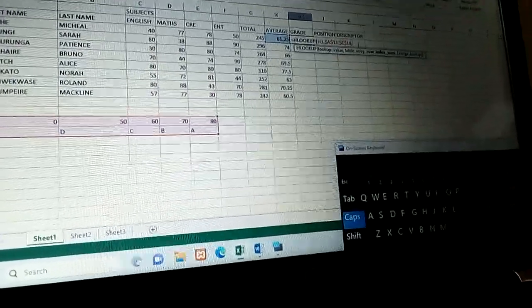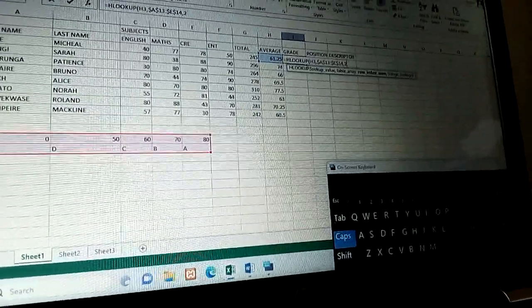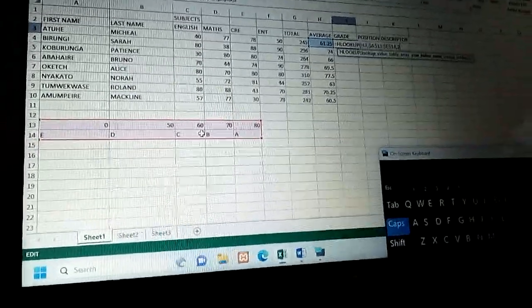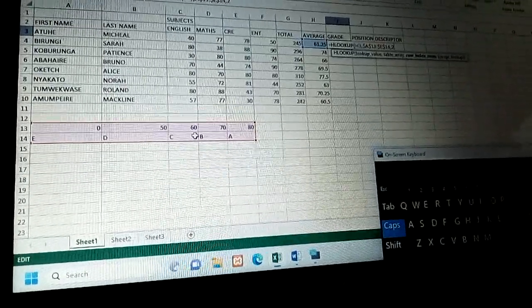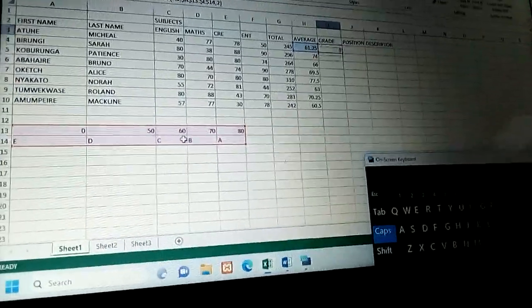So here we shall use 2, because what we want to get displayed is in row 2. Then after, we shall close the bracket and we shall press enter.